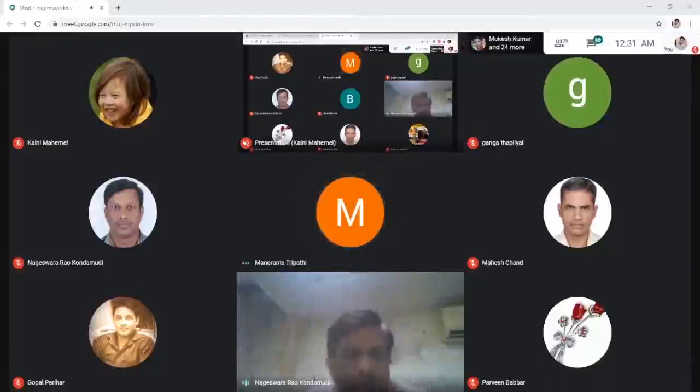So good afternoon to all. On behalf of Dr. B.R. Ambedkar Central Library, JNU, I extend my sincere thanks to the competent authorities, Honorable Vice Chancellor, Professor M. Jagdish Kumar sir, Minister Dr. Pramod Kumar sir, Director and Chairperson of Library Advisory Committee, Professor Chintamani Mahapatra sir, for granting the permission for conducting this e-workshop. We are thankful to the librarian madam, Dr. Manorama Tripathi, and the coordinator, Dr. Mahesh Chan sir, for framing and conceptualizing the content of this workshop.